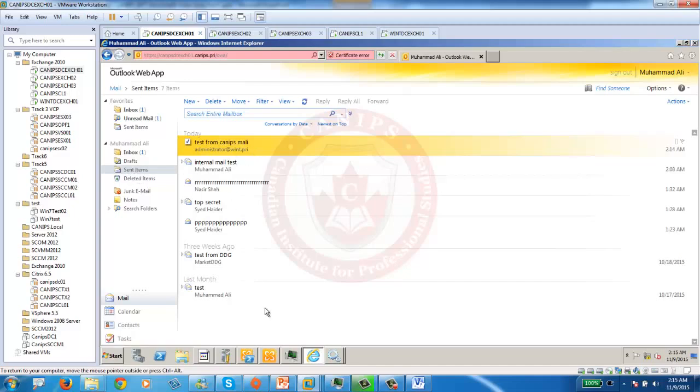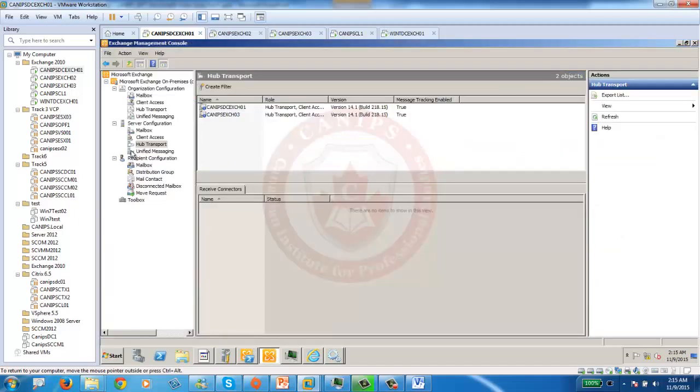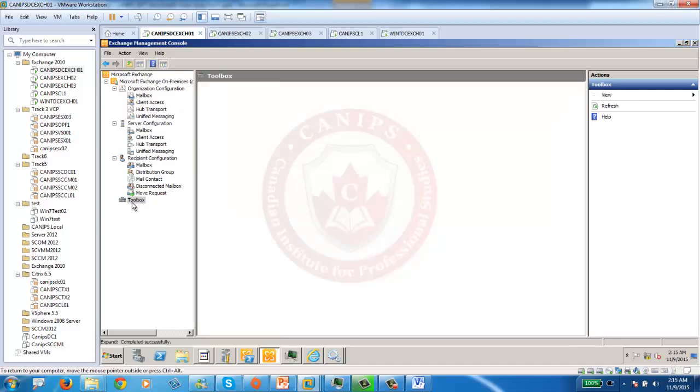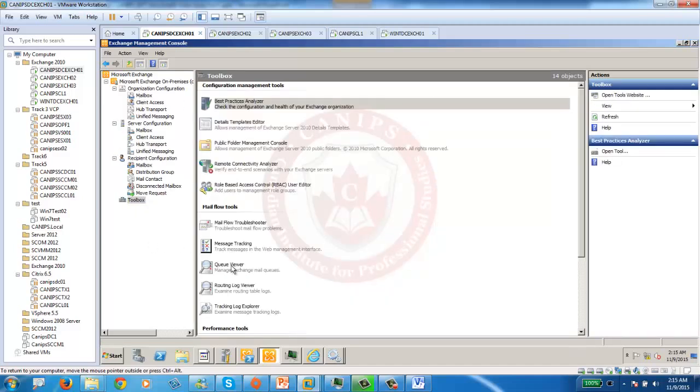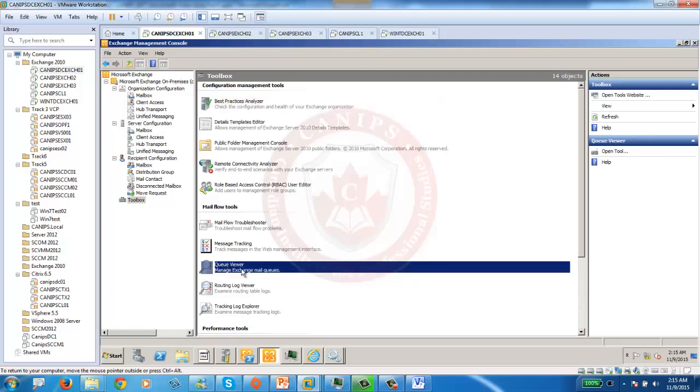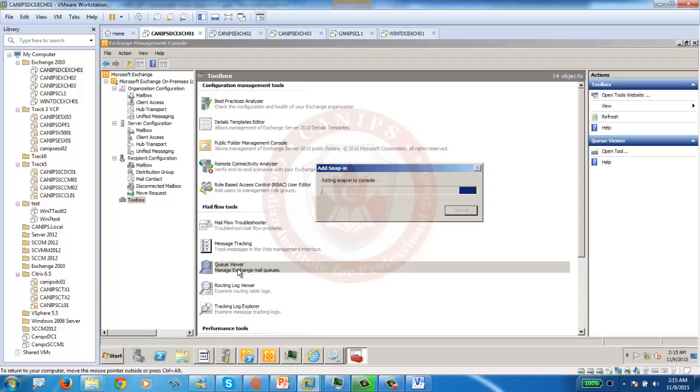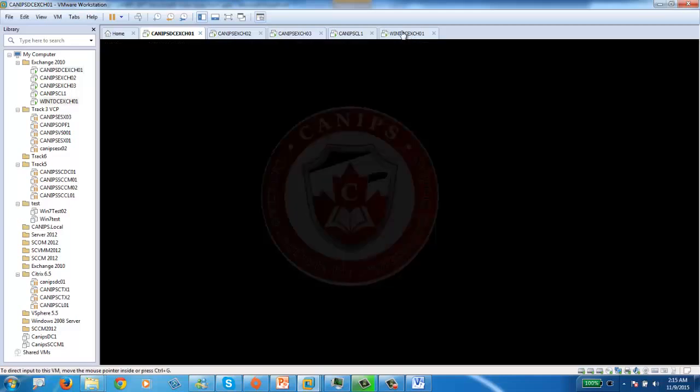Now let's check our Exchange systems. Where is this email? Within the Exchange organization, within Toolbox, there is something called Queue Viewer. So this basically checks the transport server. We'll open Queue Viewer, and Queue Viewer will show us if that email is stuck in the queue or is sent forward. Now most probably it should be sitting in the queue, and while this opens, I'm going